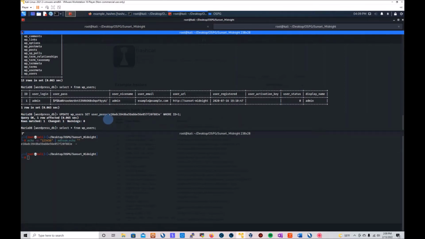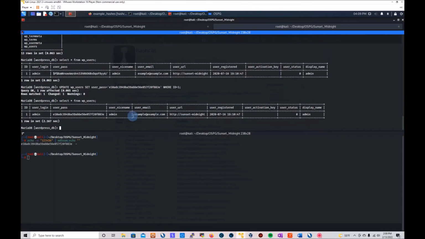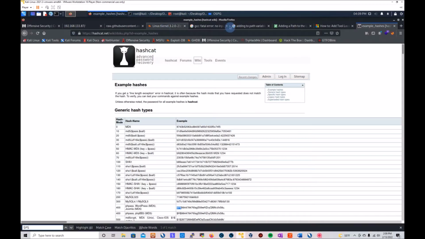Now let's run this one more time. Let's go back at it again, or select everything from WordPress users. We can just go ahead and show that data there. And now this now has our MD5 hash in there that we just created. Okay, so now that that is done, let's go back